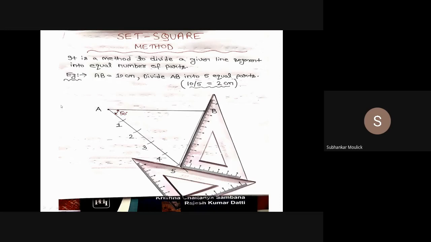You need to align. You can take any set square. It is up to you. I have taken this 30, 60, 90 set square. I am aligning the perpendicular side of this 30, 60, 90 set square with the given line 5B. Is it clear? Any doubt so far? No, sir. Then, once the perpendicular of this 30, 60, 90 set square is aligned